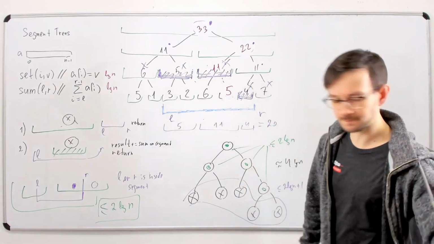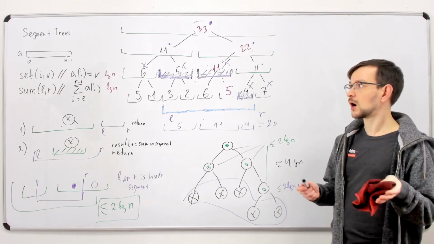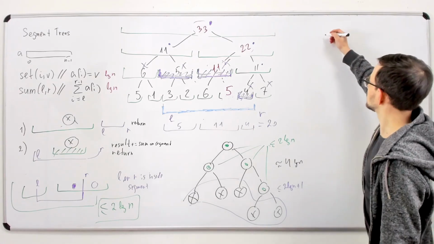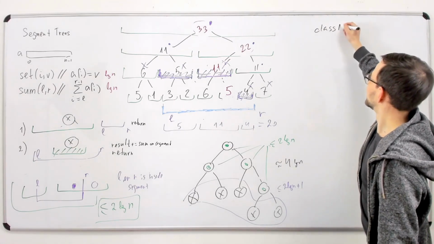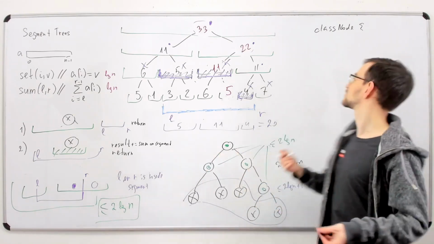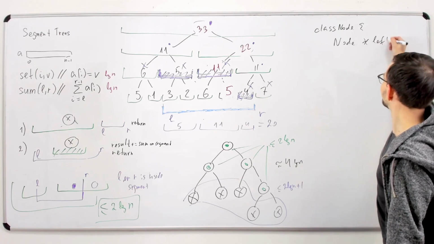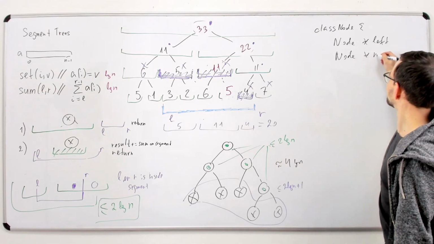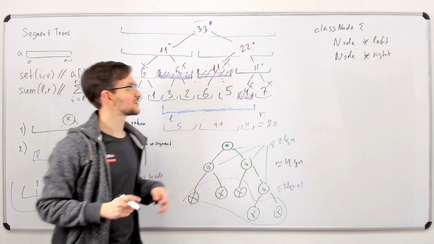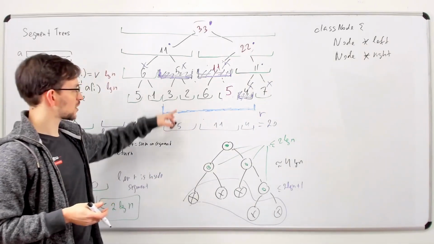Now let's implement some code. So, how to implement this segment tree? There are different ways to implement segment trees. One of the classical ways is just to have these nodes, and each node has something like that, with 2 pointers to the left node and the right node. Make it in the C++ way, like left. I never implemented it like this, but it's actually possible. So you have some pointer to the left node, some pointer to the right node, and you have this sum